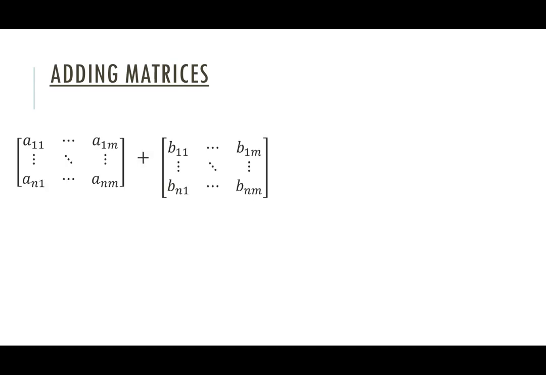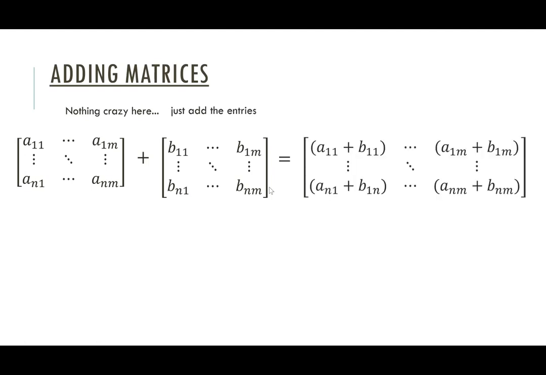So as you already saw in your pre-assignment, the way to add matrices, say you have two n by m matrices, so n rows, m columns for the first one, n rows and m columns for the second one, and you want to add them together. Well, it's nothing crazy. You just add the entries. Okay, so you have another matrix of the same size,